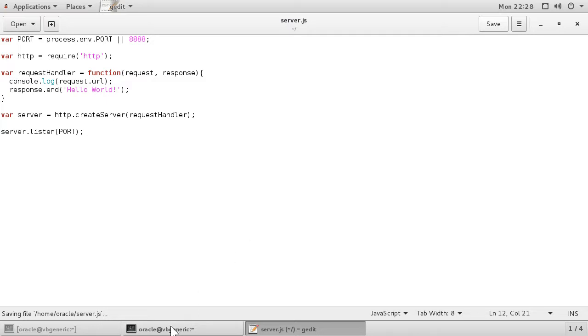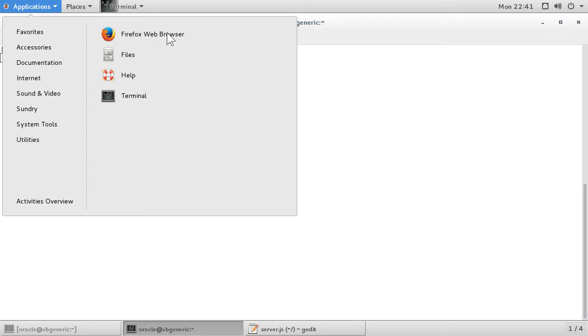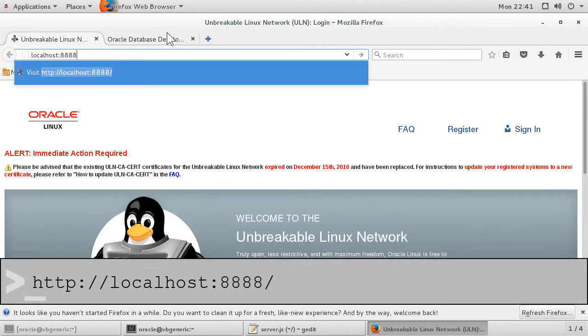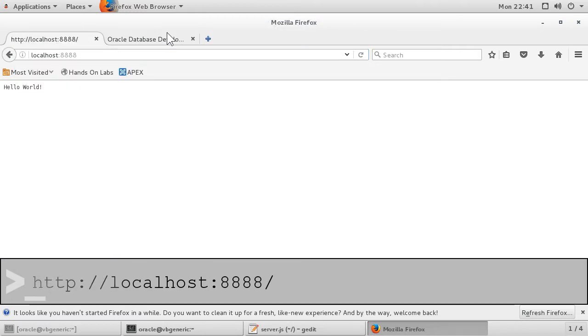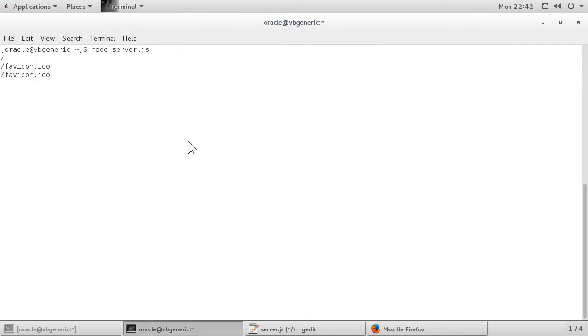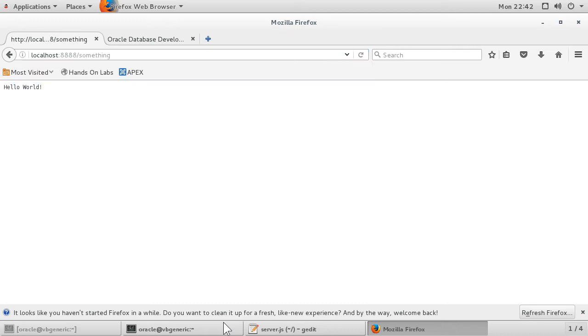Open a terminal window. Now go to the folder where I saved the server script and run node server.js. And that is all. The server is running on port 8080, and now open a browser and go to http://localhost:8080. Notice that hello world is displayed in the browser and the slash is logged in the terminal window where the server is running. Browsing different URIs inside the same server gives the same response but logs a different URI